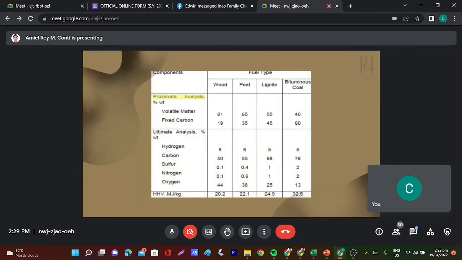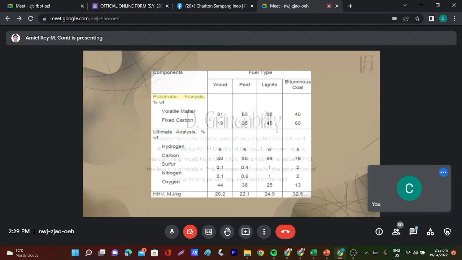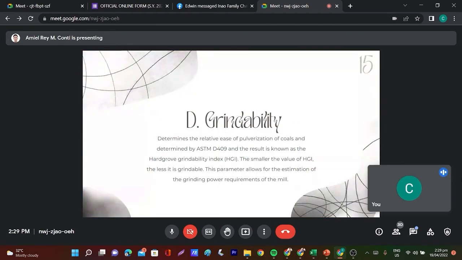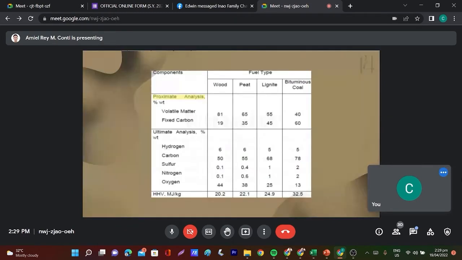Ayan po yung table, yung example po ng mga pag-approximate analysis po sa ultimate analysis. Yung percent lang po, sir, nung mga element, po. Ito po yung volatile,